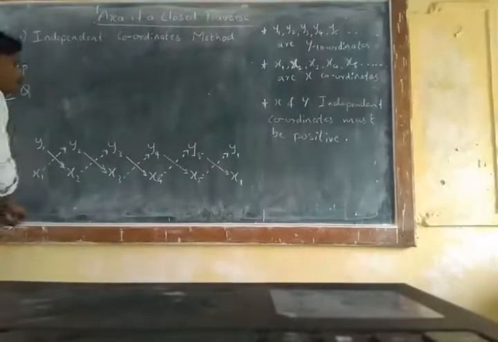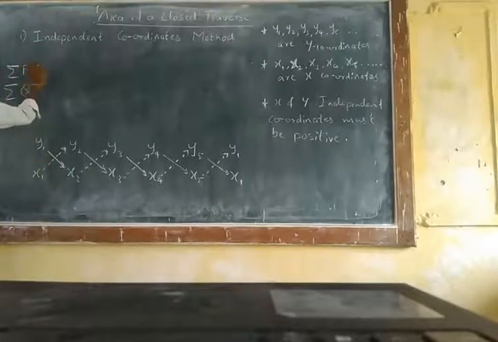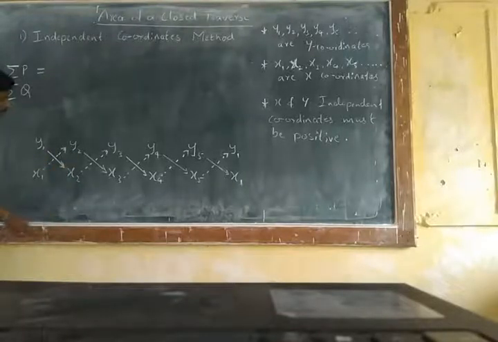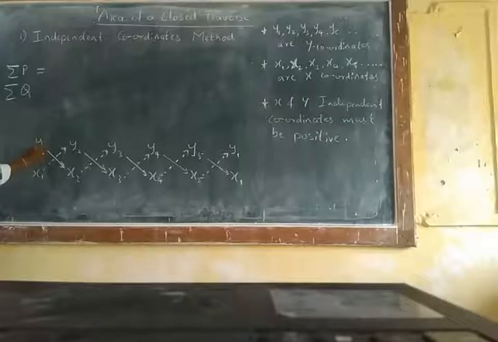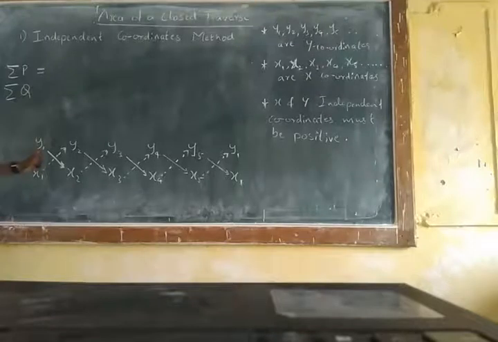So this is a very easy method, and sometimes in exams this question can be asked. So now let's write the formula for summation of p. So look here, there are two arrow marks. One arrow mark is inclined towards the south direction, and it is a thick line, and the other one is towards the upper direction and it is having dotted lines. So let's consider the thick arrows here.